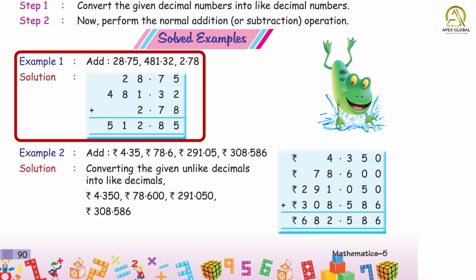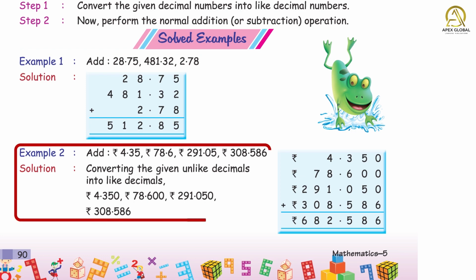Solution. 28.75 plus 481.32 plus 2.78 is equals to 512.85. Example 2. Add rupees 4.35, rupees 78.6, rupees 291.05, rupees 308.586. Solution. Convert the given unlike decimals into like decimals. Rupees 4.350, rupees 78.600, rupees 291.050,